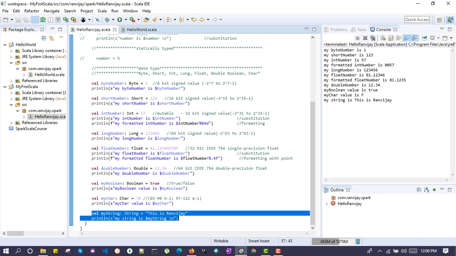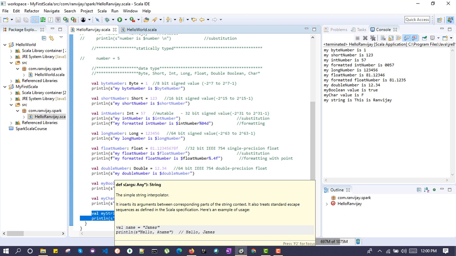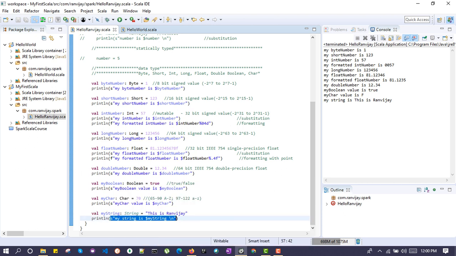You can see my string is this is Ranvijay. The same we wanted to display over here. My string is, and we are substituting the value, as we have also given the s for substitution. Like this we will be able to see the substitution.